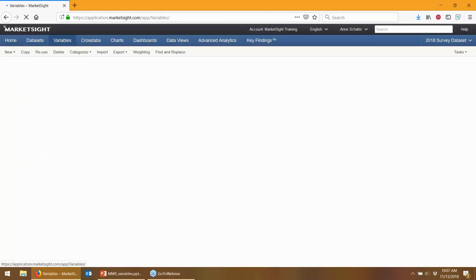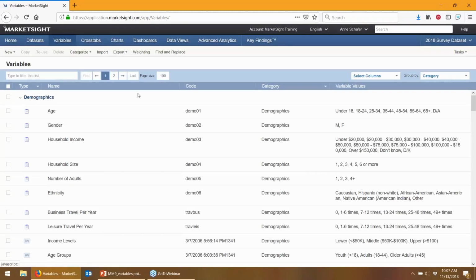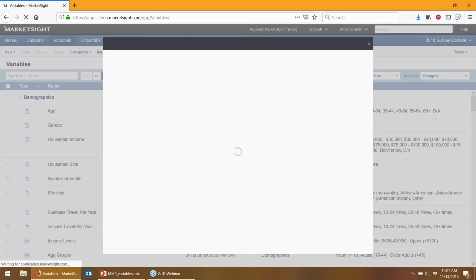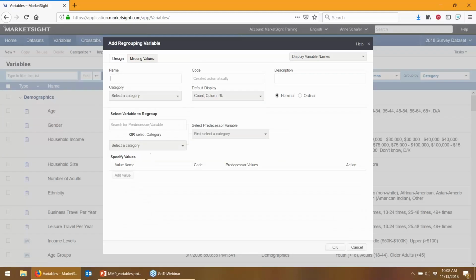Heading back to the variables page now, one thing you may also, of course, want to do when working on the variables page is create new user-defined variables to create segments or other groups for your analysis. Now, many of you are familiar with the traditional method of creating a new user-defined variable, in which I would select New, Regrouping Variable,